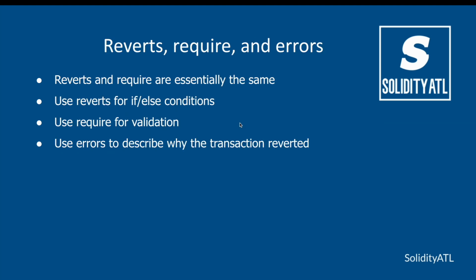A very important concept in Solidity involves reverts and require statements. We're also going to touch a little bit on errors and some events. In Solidity, when a contract reverts, that's essentially retracing back everything that's happened in that transaction, and essentially it cancels it. Let's say your contract is performing a few operations.